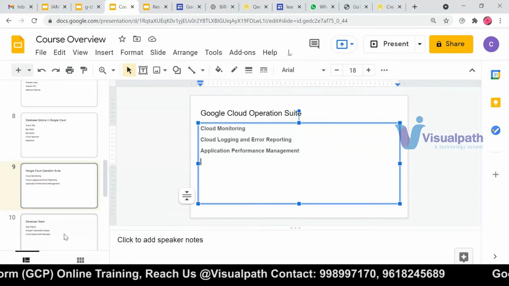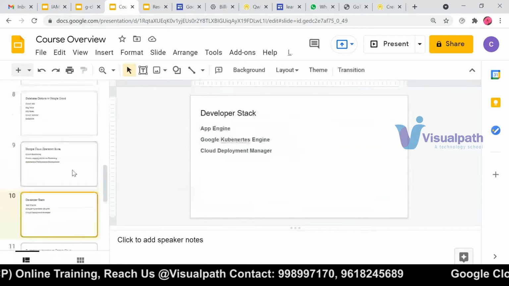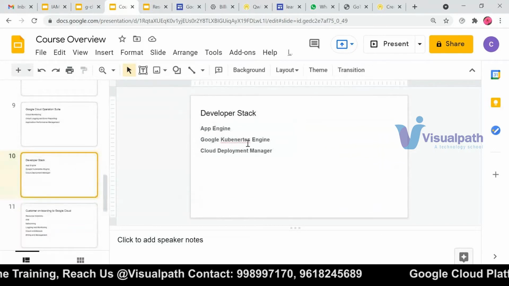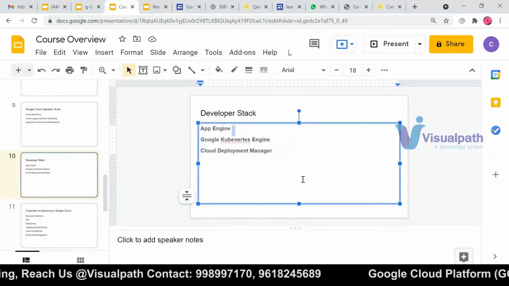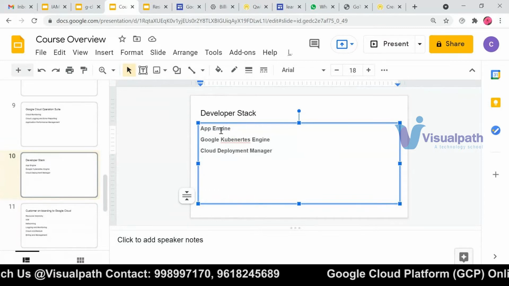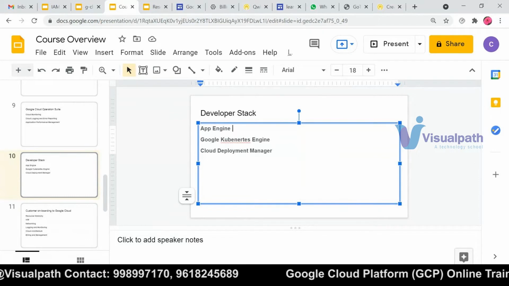And Developer Stack. So this is mainly focused on developers. App Engine is something where you are not worrying about the platform. You just want to write the code, and to run the code you are looking for a machine. So for that we use App Engine. So are you aware of